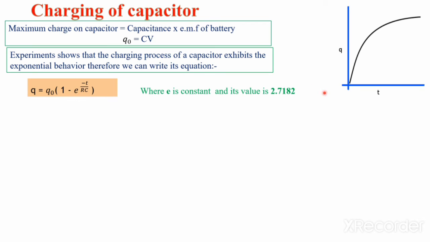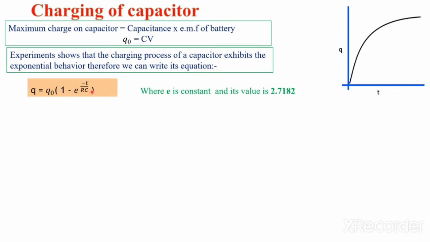From the graph, when time t equals 0, we have Q equals 0. But gradually charges increase. The exponent in the formula is due to this gradual charging behavior of a capacitor. By putting t equals infinity in this equation, we get e to the power minus infinity, which equals 0. 1 minus 0 equals 1, and 1 multiplied by Q0 equals Q0. So we get Q equals Q0, which shows that at time t equals infinity, Q becomes equal to Q0, that is the maximum charge.